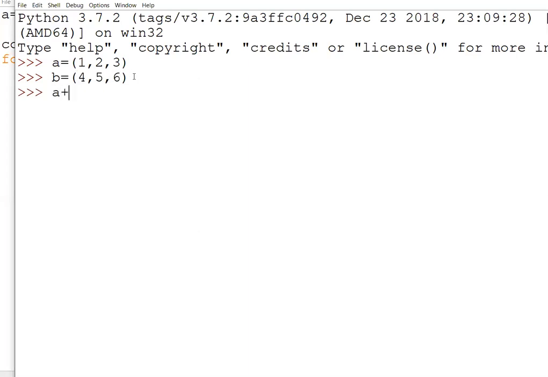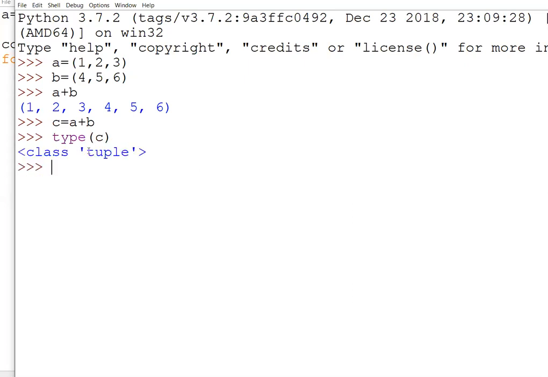Then A plus B works perfectly. If you write C is equal to A plus B, that will also work perfectly. If you check the type of C, you can see it is again a tuple. So the very first thing is that you can add tuples.